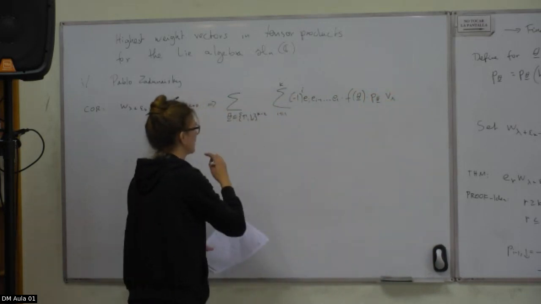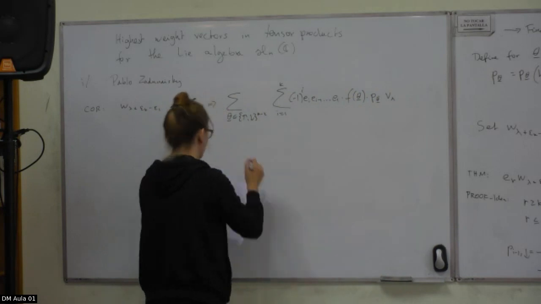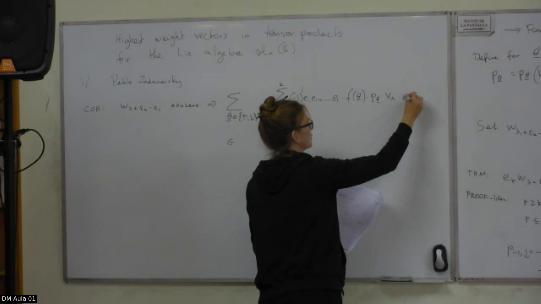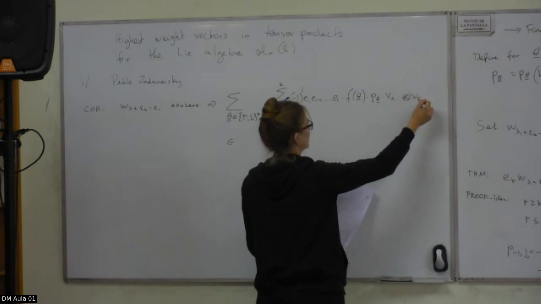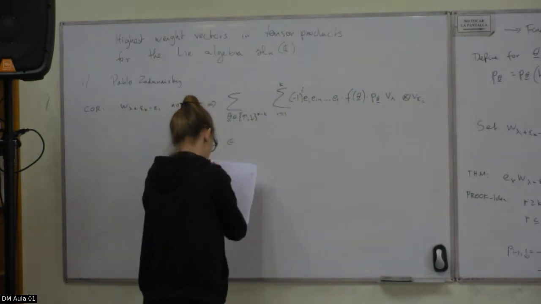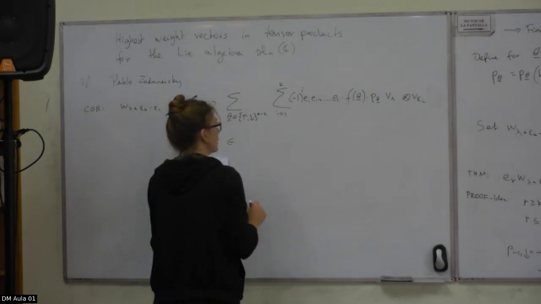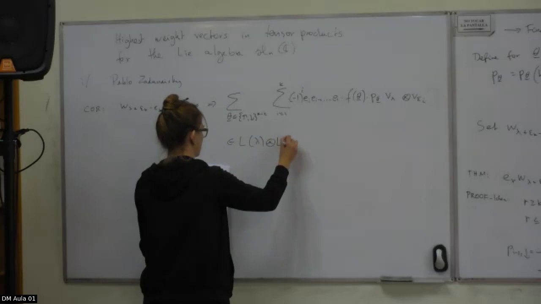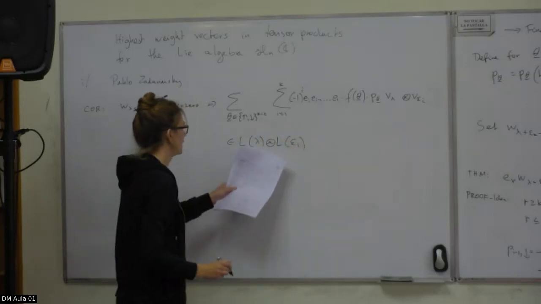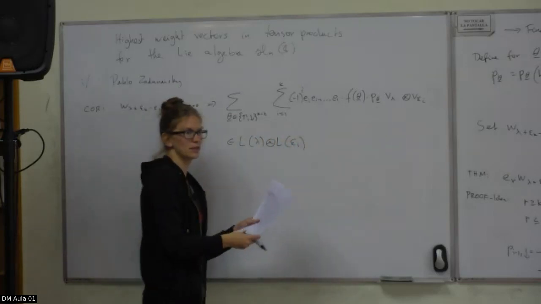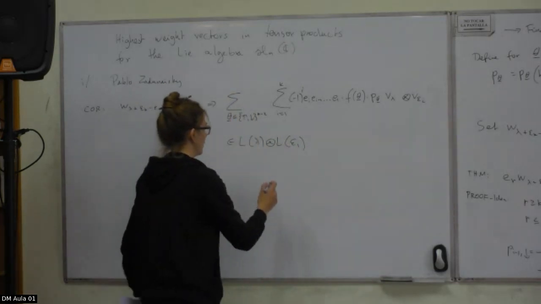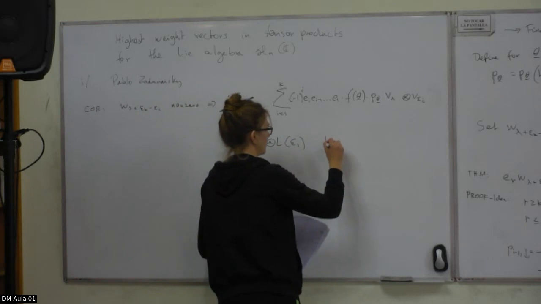So this is the highest weight vector, and it is now epsilon 1. It is as explicit as we wanted it to be, because we wanted to write it as a tensor product, so we did it in here. Yeah. Highest weight vector